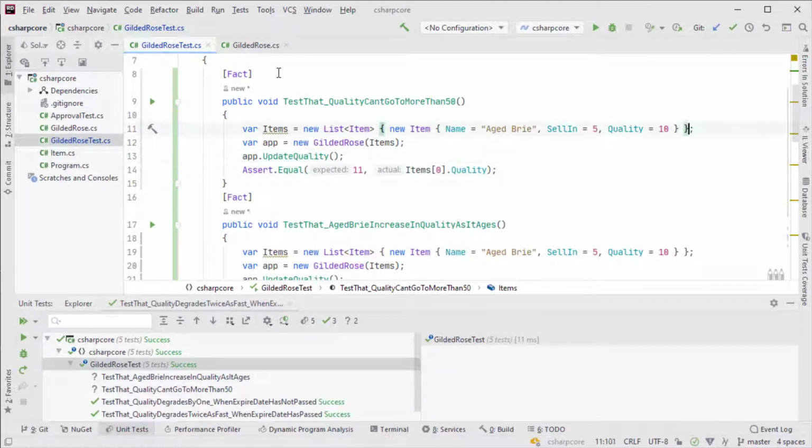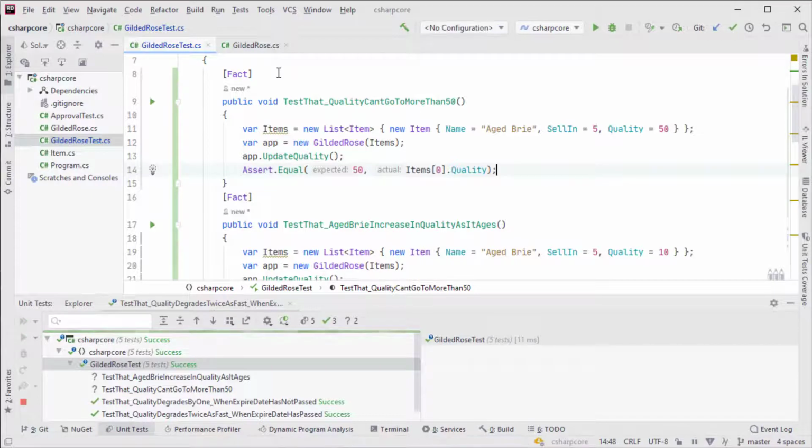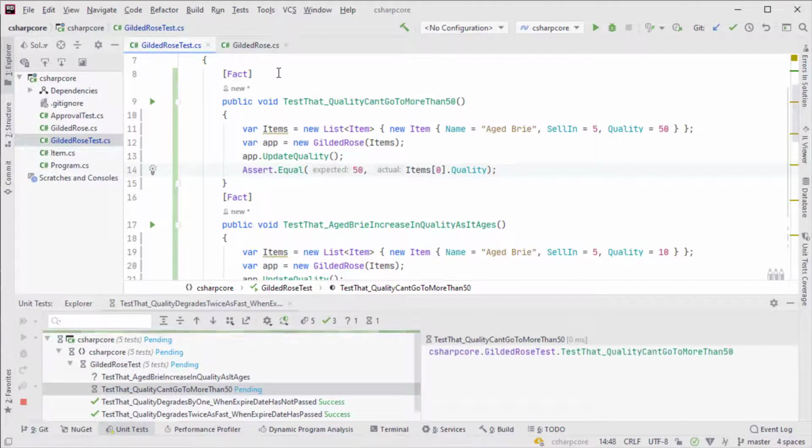So if we set the quality to 50, we would expect, because it's an Aged Brie, that it will increase, but our requirement states that it should be no more than 50. So let's see if that's true. Yep, and we have a successful test here as well.